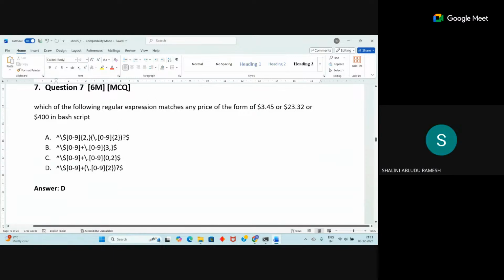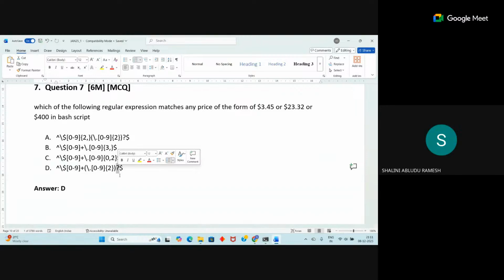Ma'am, one doubt. Yeah. In D, if I take off that question mark and put a 0,2 in the curly bracket in the place of question mark, will it work? Wrong syntax, right? That group can be